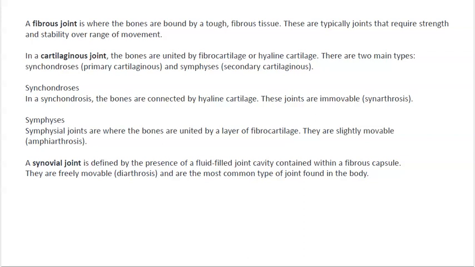In a cartilaginous joint, the bones are united by fibrocartilage or hyaline cartilage, and there are two main types: a synchondrosis, primary cartilaginous, or symphysis, secondarily cartilaginous. Synchondroses: in a synchondrosis, the bones are connected by hyaline cartilage. These joints are immovable. They are synarthrodal. Symphysis: symphysial joints are where the bones are united by a layer of fibrocartilage, and they are slightly movable, which